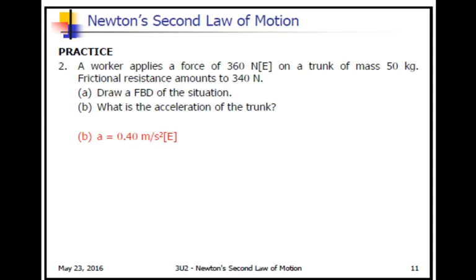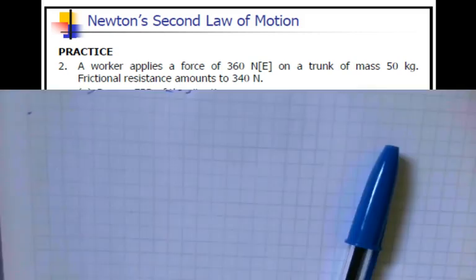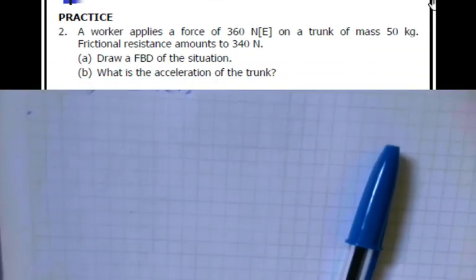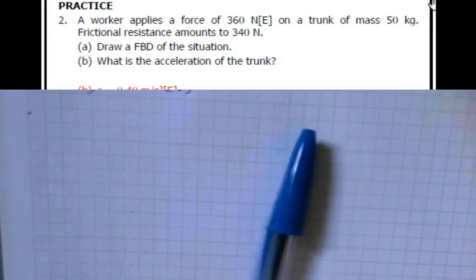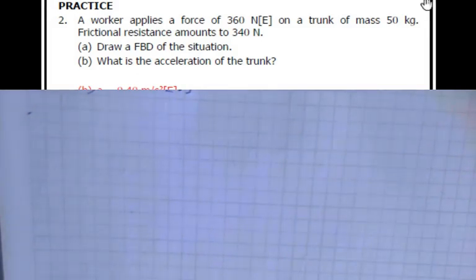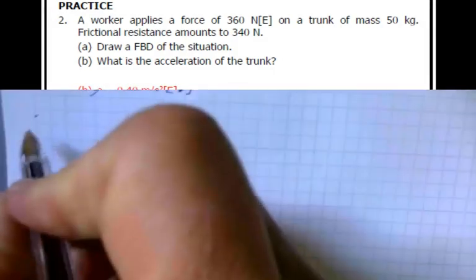Problem 2 says a worker applies a force of 360 newtons east on a trunk of mass 50 kilograms with a frictional resistance that amounts to 340 newtons. So we were asked to draw a free body diagram of this situation. Let me move it so that we can see the problem at the top. Okay, so let's start